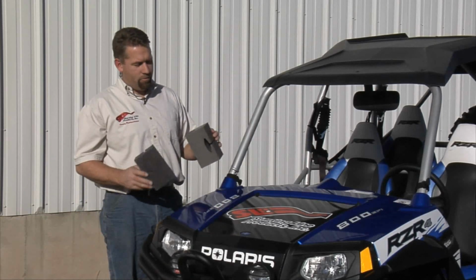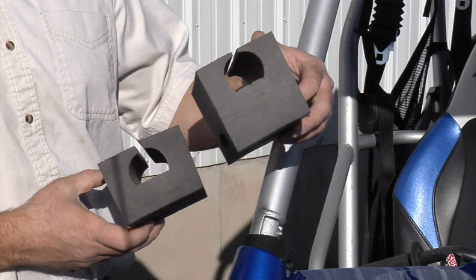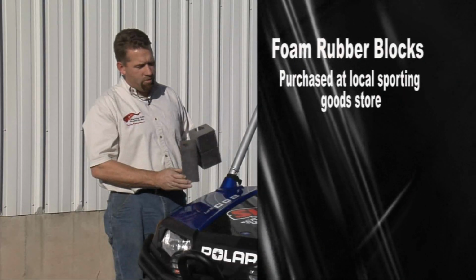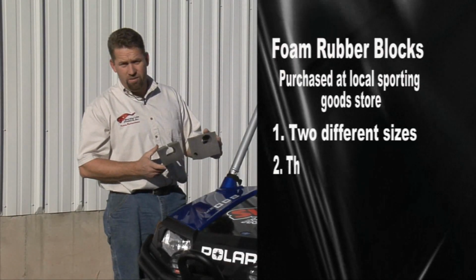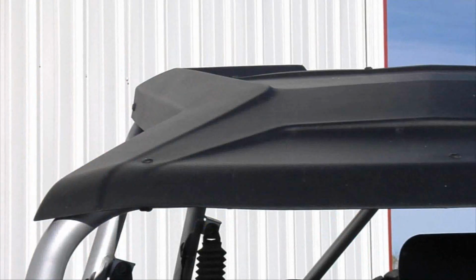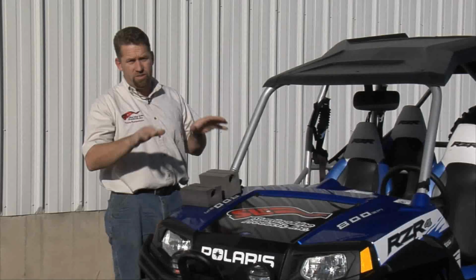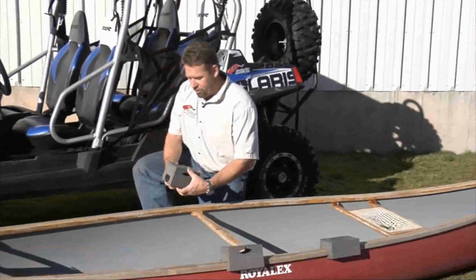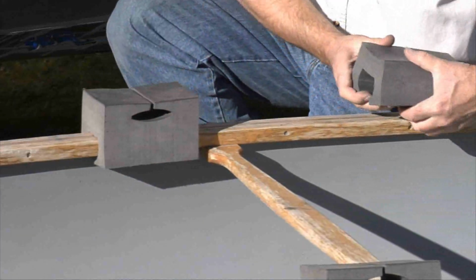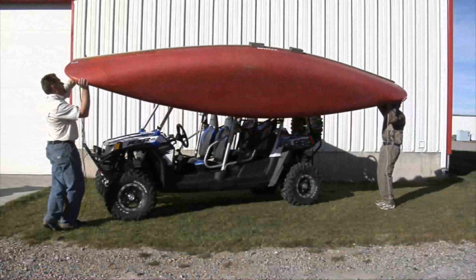I picked up a couple of foam blocks at our local sporting goods store that are designed to fit across the edge of the canoe and put them on top of a car. The reason I've got two different ones here, they're a little different sized. You can see that. The way the RZR slopes on the top, I figured we might need one that was a little taller for the front to get the canoe to sit level. These foam blocks slip on really easily. You just basically snap them over the edge of the canoe. Then the weight of the canoe holds them down. Just flip it over and